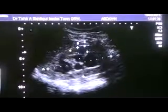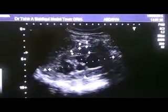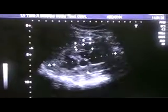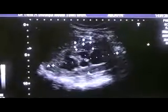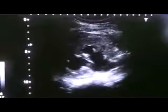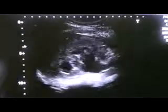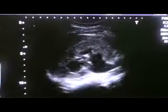If someone is interested in cortical thickness, then the cortex is 4.8. So this is the situation of the kidney in this scan view, in this 20-year-old young male with the history of nothing else but polyuria. You see the proximal ureter is